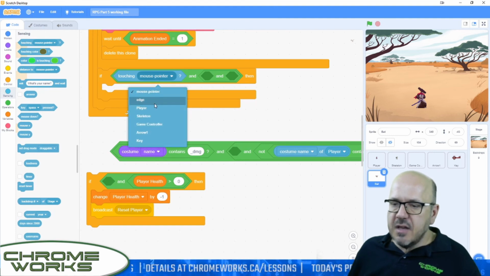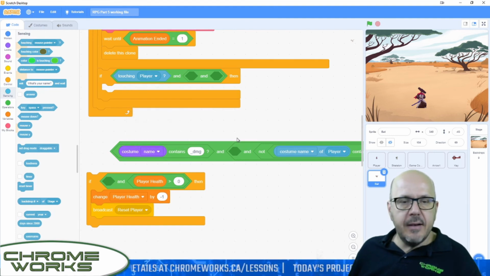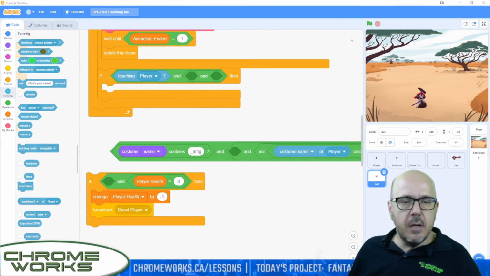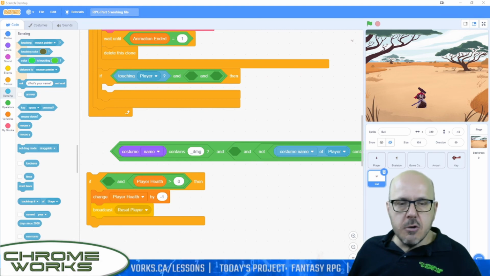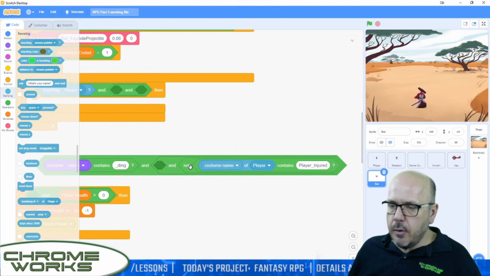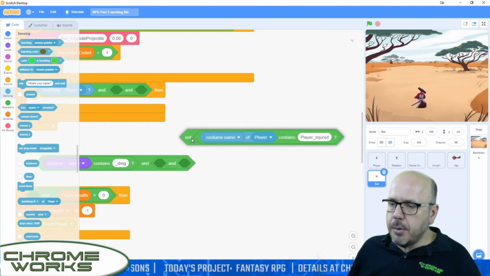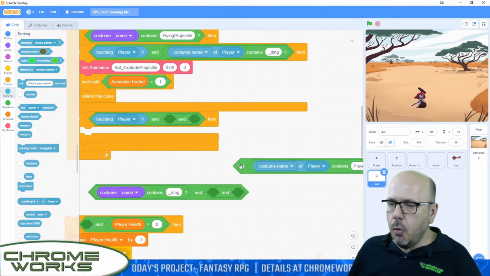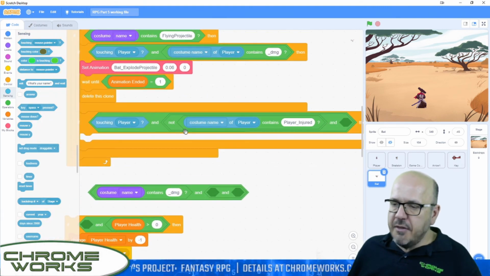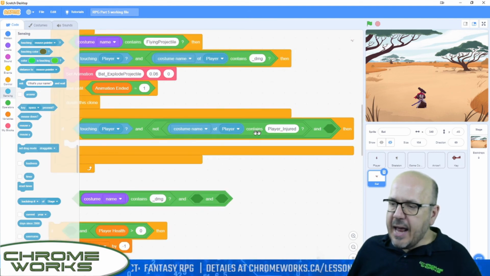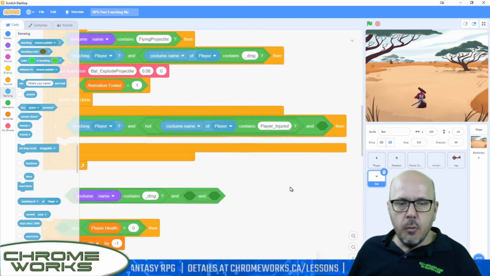If the bullet is touching the player and costume name of player is not injured. So if he hasn't been injured, and we actually have one of these that we can grab from before here, not costume name of player contains player injured. So we just grab this whole not statement, put it inside the second slot here. So if it's touching the player and we're not wearing an injured costume already,